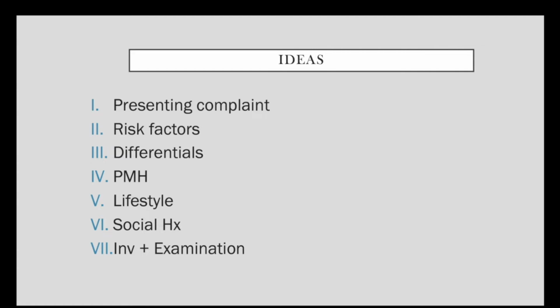Social history in some of the stations becomes fairly important, specifically in the counseling and the ethical scenarios, and in breaking bad news scenarios: whether the patient has any social support, family support at home or not, whether they are financially well or not. So social history is not very important in all the stations, but there are stations where it is very, very important, and we cannot afford to miss it when we are taking a history.